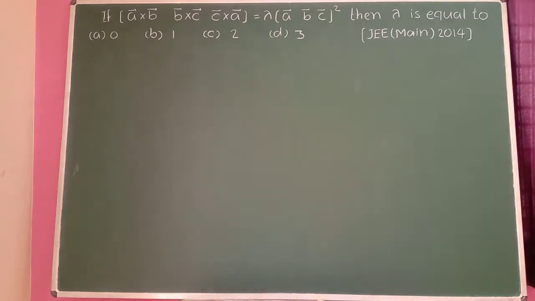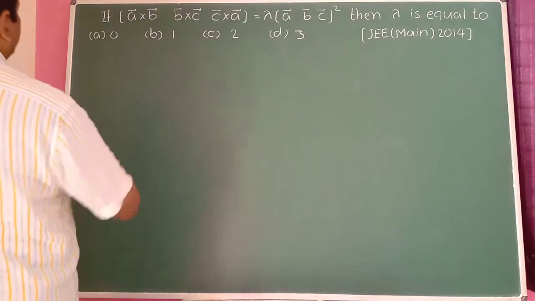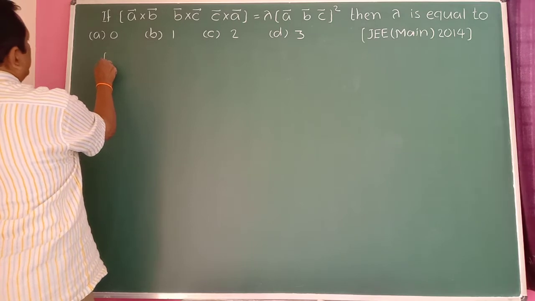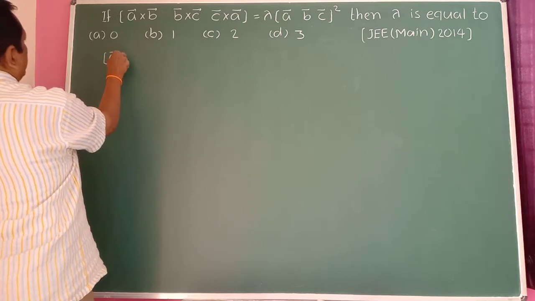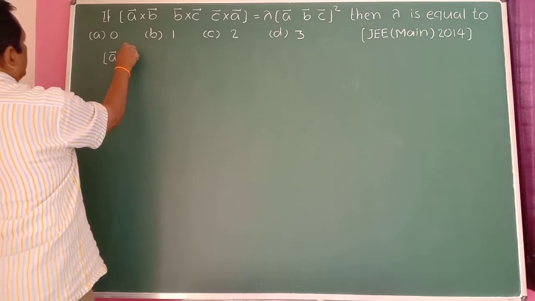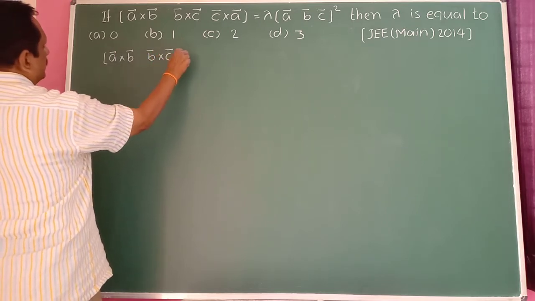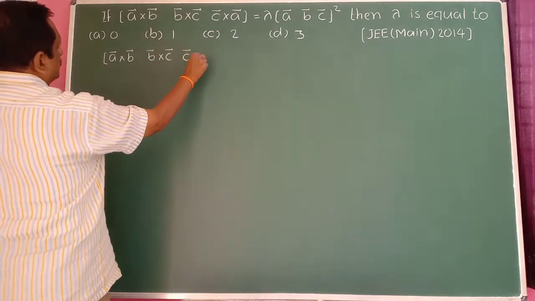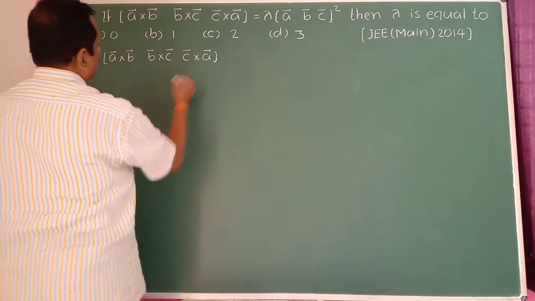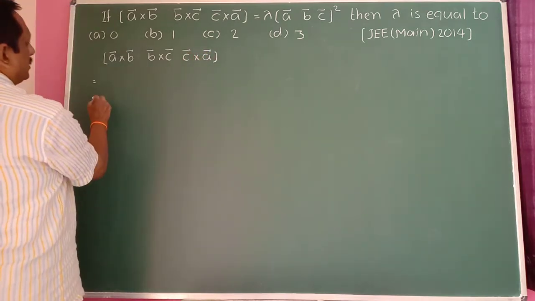If the scalar triple product [A bar cross B bar, B bar cross C bar, C bar cross A bar] is equal to lambda into the scalar triple product [A bar, B bar, C bar] whole squared, then what is lambda? In this case, this is a scalar triple product. So A bar cross B bar, B bar cross C bar, and C bar cross A bar is equal to, you can write this one as